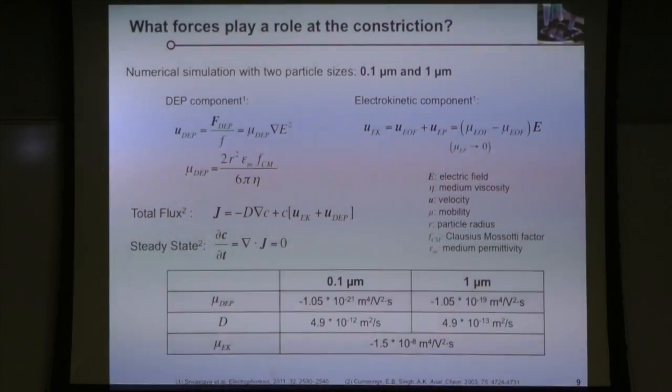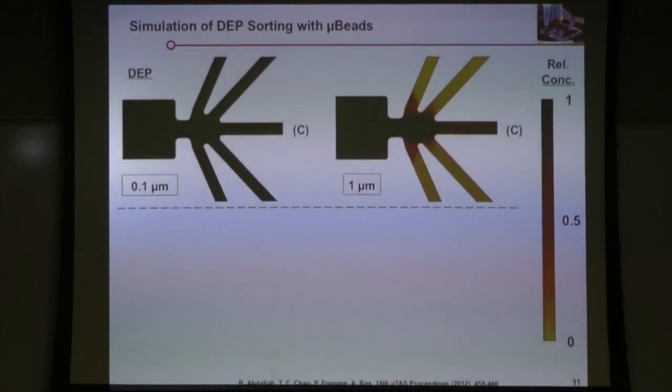And so then we can again look at the concentration distribution that we obtain in such a system. This shows you two results with these two different particle sizes. Here the color code means yellow is basically nothing, and black is the highest concentration, or the concentration we provide to the system. Now the interesting thing is, first of all, nothing happens if we take the smaller particles, okay? So you see, under these specific conditions that we use for the simulation, the concentration distribution is the same